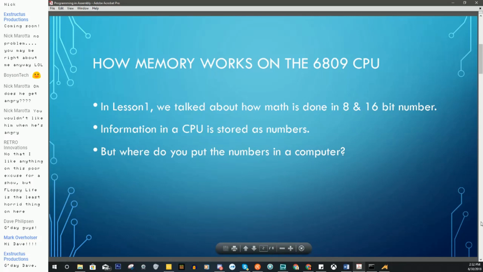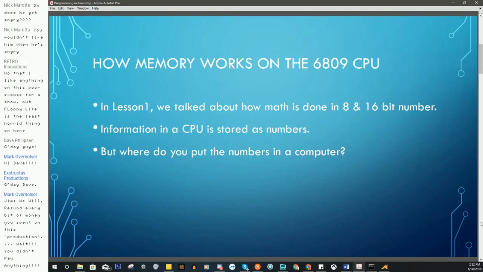Well, as we talked about before with lesson 1, information is stored in the computer as numbers, and it doesn't use the same sort of numbers that we're typically used to, like 3.14159. I won't do that to you, but I could do it up to about 100 places at one time. And then I gave up when I had a friend that could do it to 500, and I said, oh,